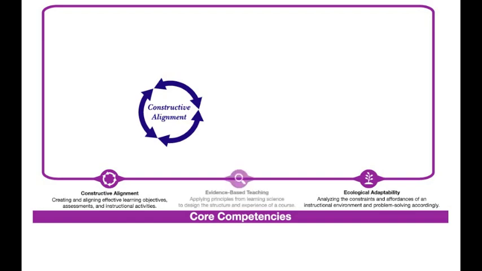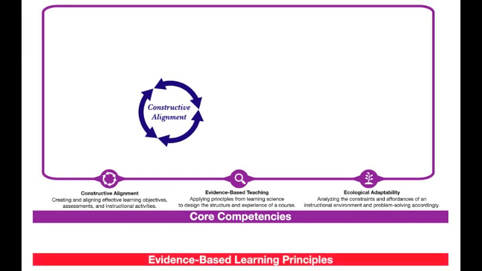The final core competency is evidence-based teaching, which means applying principles from learning science to design the structure and experience of a course. There are 7 of these evidence-based learning principles in all, and we'll be discussing several of them during this course. The 7 principles encompass the topics of prior knowledge, knowledge organization, motivation, mastery, practice and feedback, course